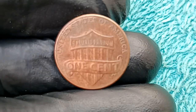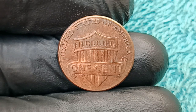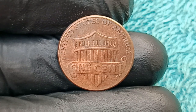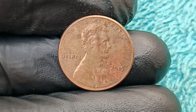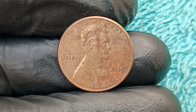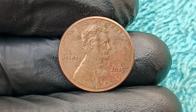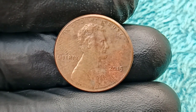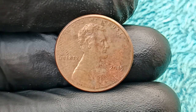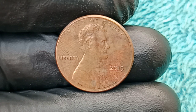And this aberration was confirmed by multiple grading agencies including PCGS and NGC, both of whom assigned the coin a designation of MS69 red with multiple error attributions and an unprecedented combination label indicating experimental composition, major off-center, double die obverse and reverse, rotated die alignment, and foreign die clash impression, a label so specific and unique that it had to be specially created for this one specimen because no other coin in the registry shared even half of these features,